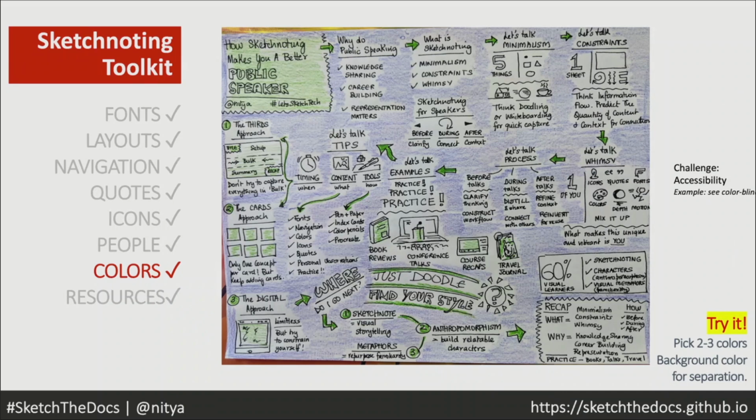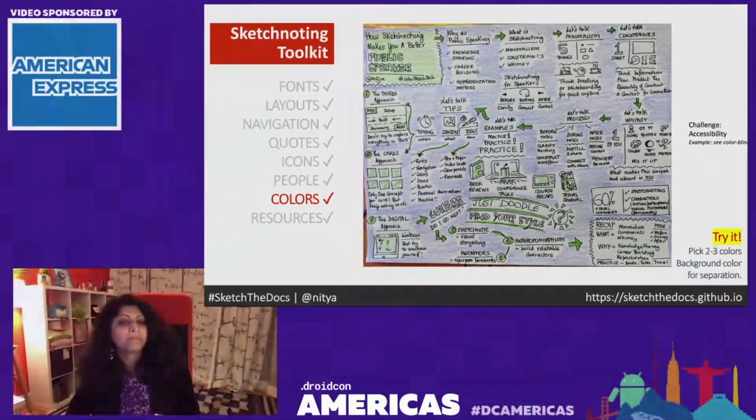Similarly, colors help me create connections. You can immediately tell all the green things are important aspects, and all the arrows are highlighted in green, so I can rapidly kind of follow the path without having to know anything more about it. So from a tip perspective, what you really want to do is have a color palette. If you're on a digital device, use a digital color palette. If you're a pen and paper kind of person, keep a few shades of colors, markers or color pencils with you so you're ready to use them. The challenge here is accessibility. You always want to make sure you're picking colors that are friendly to folks who might be colorblind. So keep that at the back of your mind.